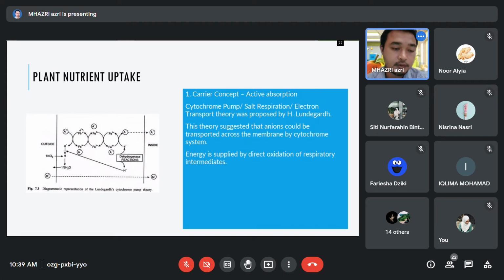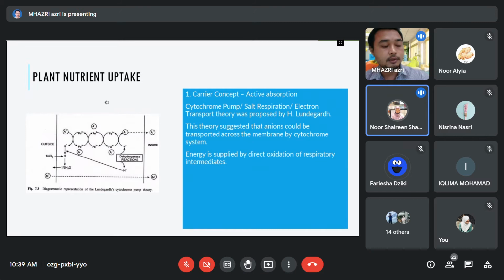Awak tengok, the ferrums become 2+, 3+, 2+, 3+. Ini proses apa ni? Ingat tak? Dia dapat elektron, dia hilang elektron, dia dapat elektron, dia hilang elektron. Proses apa tu? Kalau awak ingat. Redox reaction. Okay? Redox reactions. So the redox reactions, for example, in here, the